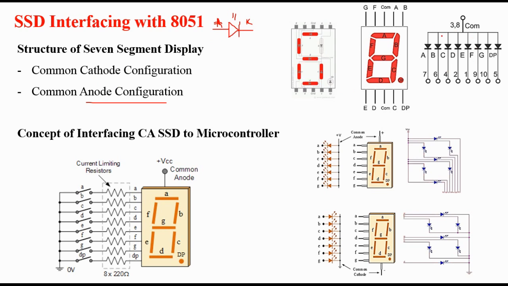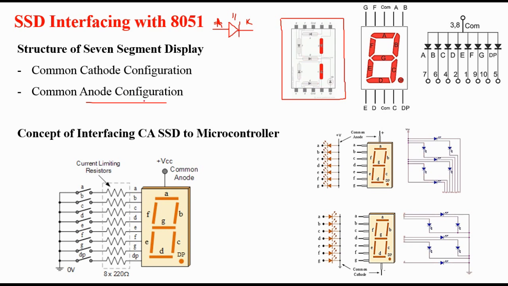Now, what do you mean by 7-segment display? That we will cover now. You might have seen displays like this, just flashing at this point. There are total 7 segments, means A, B, C, D, E, F, and the 7th one is G. With the help of the LEDs connected in this fashion, we can display the numbers from 0, 1, 2, 3 up to 9 in this way.